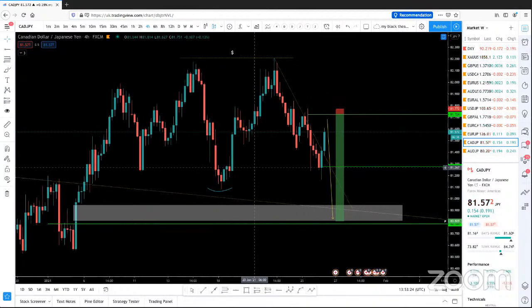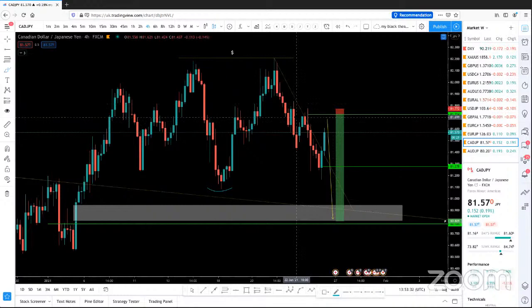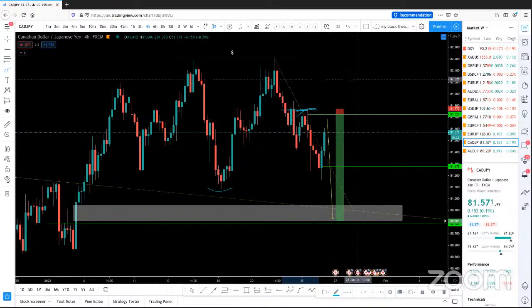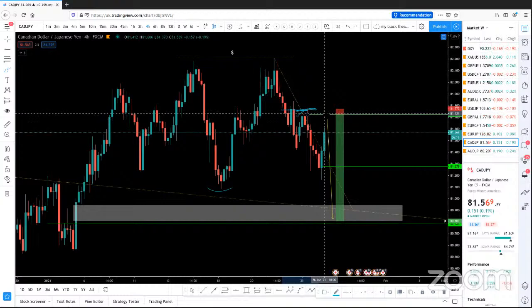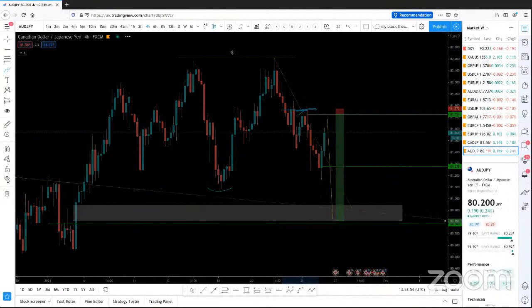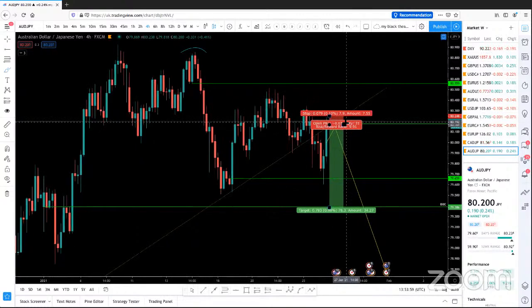Let's see, maybe the price could come up here. If this level is violated, then we will possibly see the price action, and based on what it shows us, we will reassess the situation and watch the price action, then we could look for some possible setups. And finally, AUD JPY. Okay, this trade, guys, is already triggered. Let me check my phone.